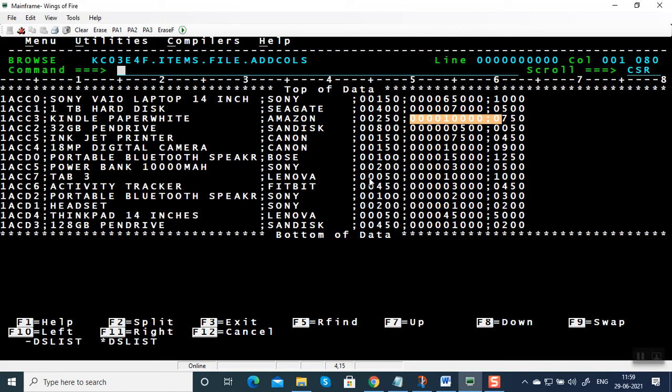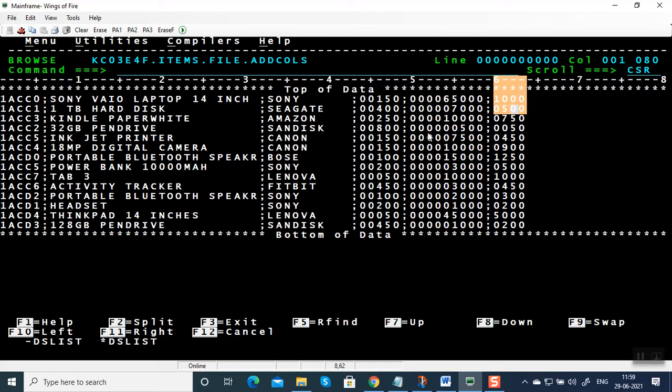Hello everyone. In this video we are going to see how to add two or more numeric columns. Here in this file we can see three numeric columns. We can either add or subtract all these numeric columns row wise. Note down the starting position and length. This starts in column 44, length is 5, column 50, length is 9, and column 60, length is 4.